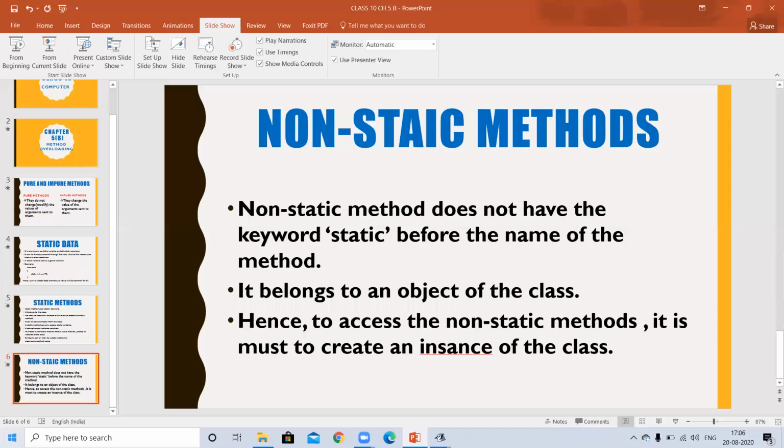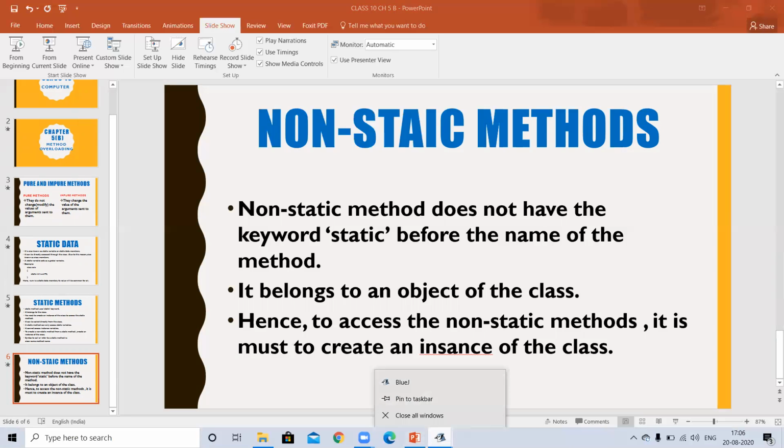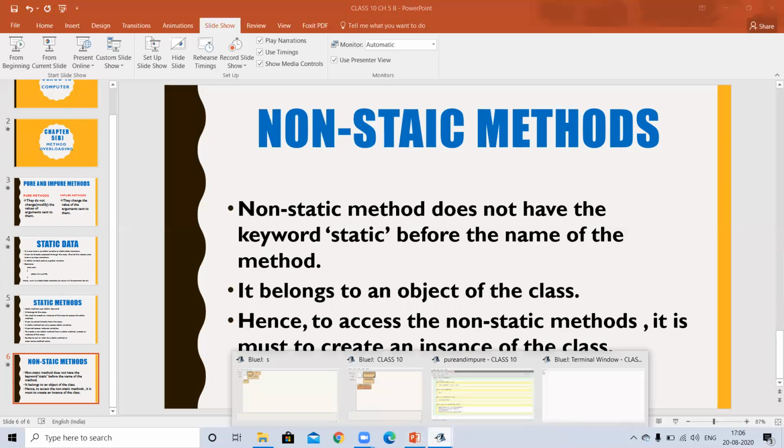And for a non-static method, we have to create the object of the class. To access the non-static method, it is a must to create an instance of the class. Now I will explain you with the help of one example, static and non-static.